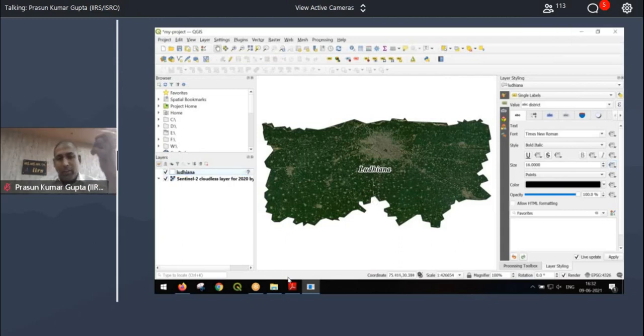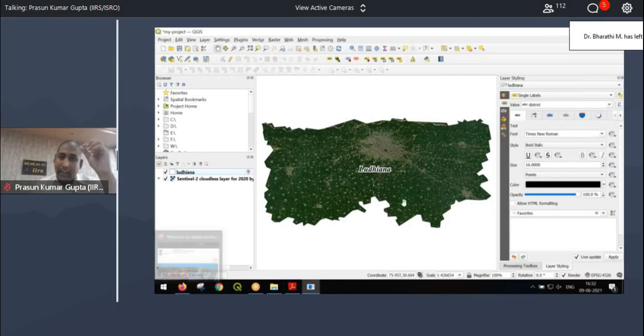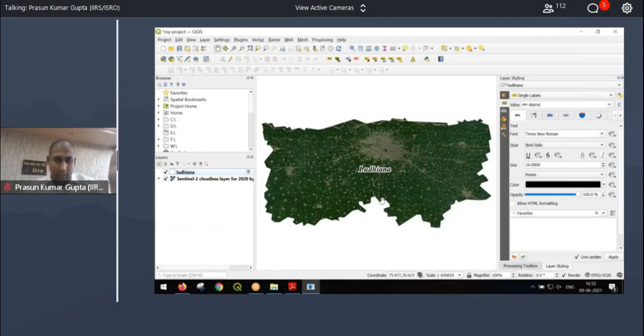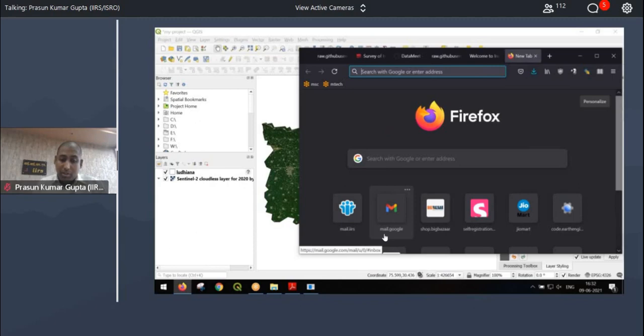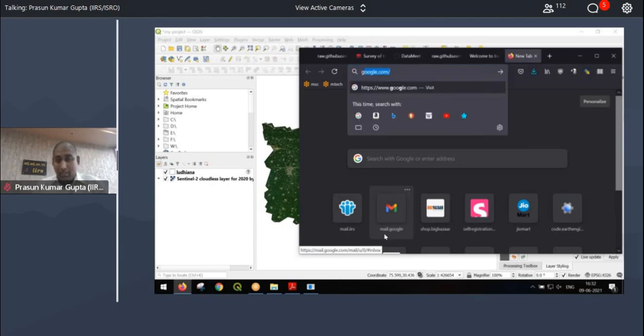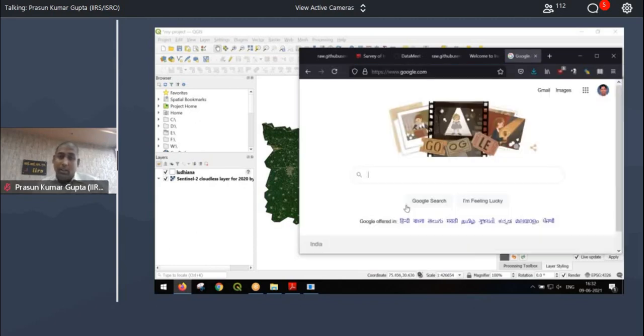One more type of data we will add. We will add one point data. I want to add the location of PRSC. So how will I get the location of PRSC? I need a GPS receiver for that. Yes, probably. Or there are other low-cost solutions.